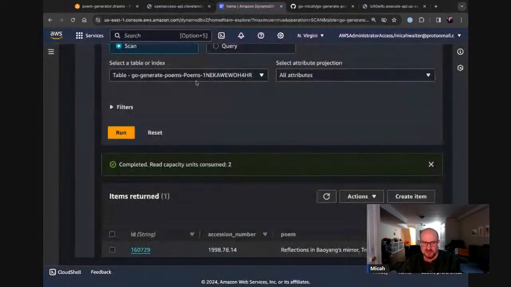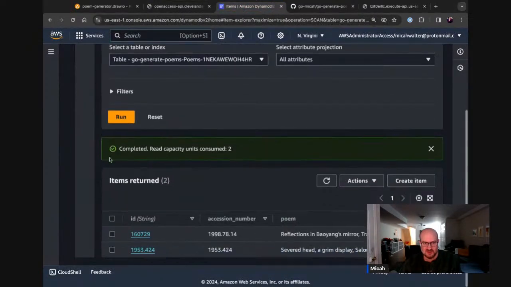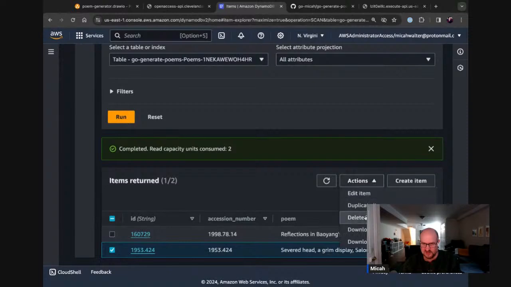But let's look at DynamoDB. So now if I run this, there's a bug, but it worked. It saved that poem as a new record. It saved our accession number, but look at this. It saved the ID also as the accession number. That's not right. So there's a bug, but it did work. It generated a new poem and saved it. And we did that by passing it an accession number and not an ID. So that's kind of cool, but it's also kind of wrong. I think I have a hunch as to why. So first of all, let's delete that item.